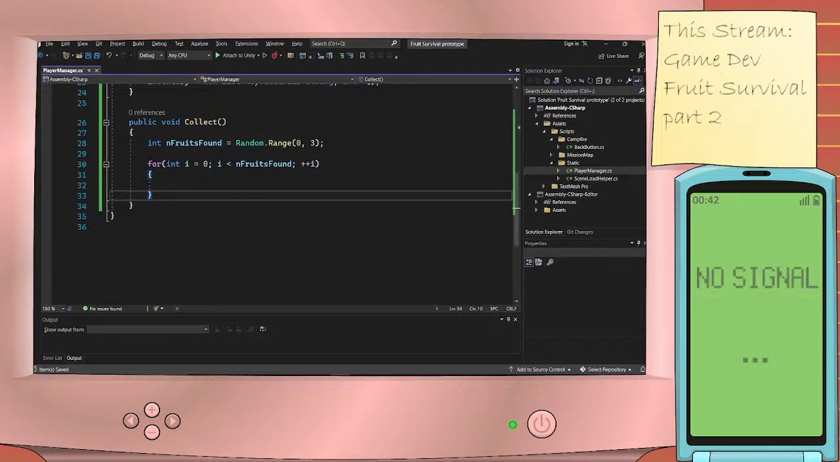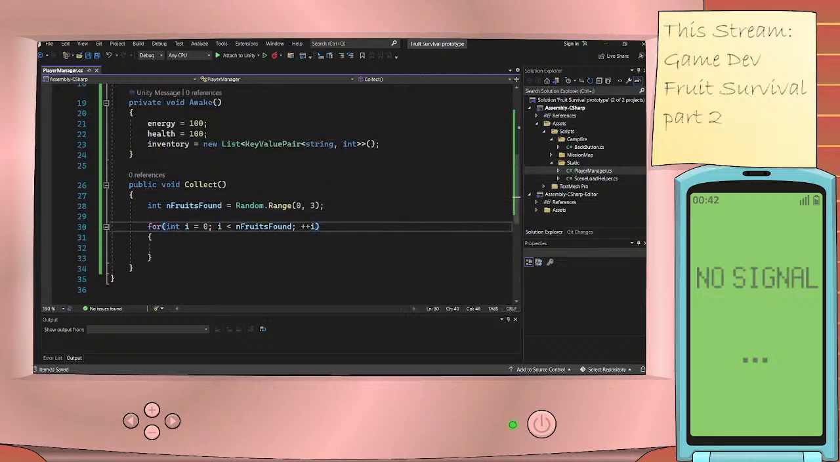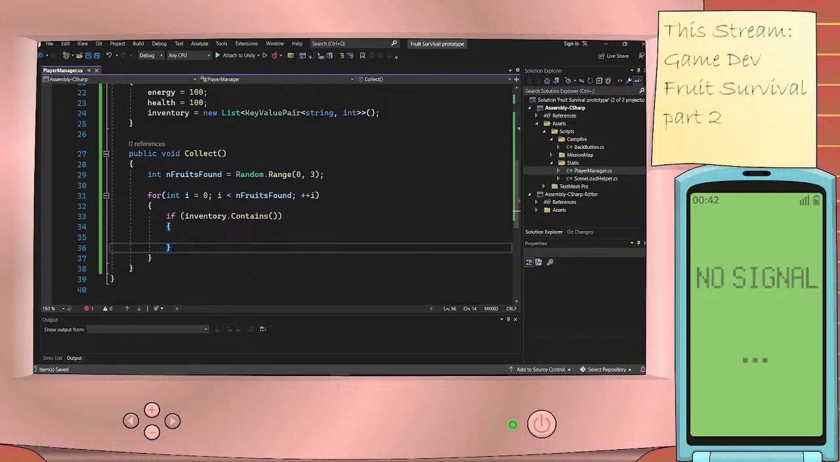Oh, why is it doing this again? Why is it not doing the tab thing? Tabs. Why are you not doing tabs? Why? Yeah, okay, that's fine. Here. If inventory.contains, and if it contains,